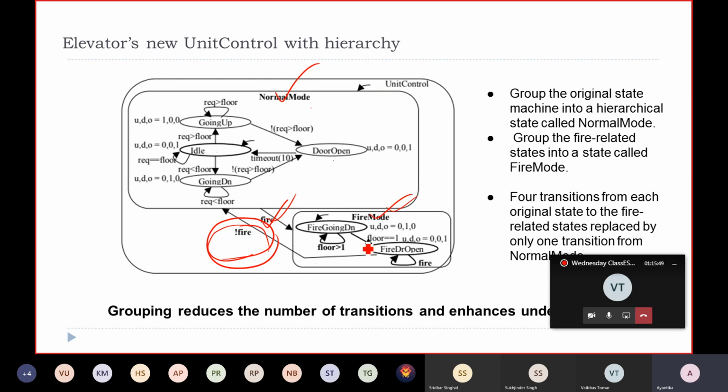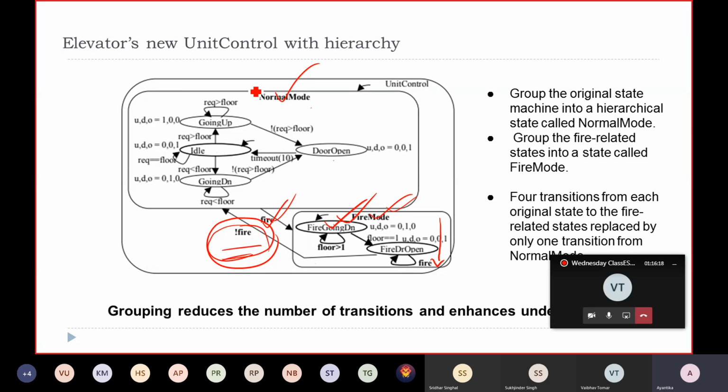That means when you go to this high priority mode, you have to complete all the steps, whatever you have to do in that mode. It is not that you have entered this fire mode, done the fire going on part, and when you see now that the fire is not there, not fire,